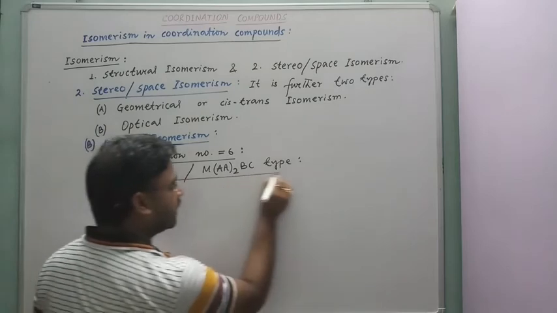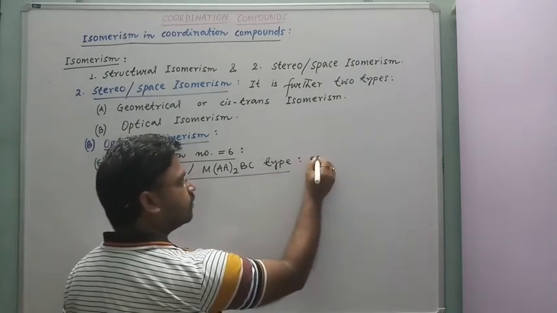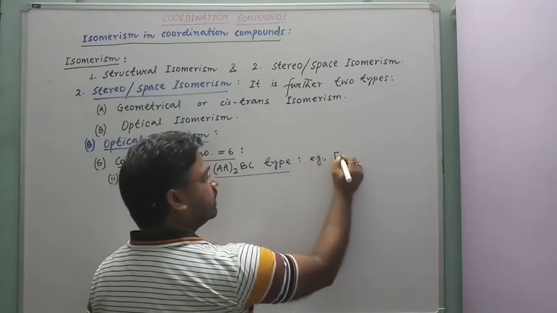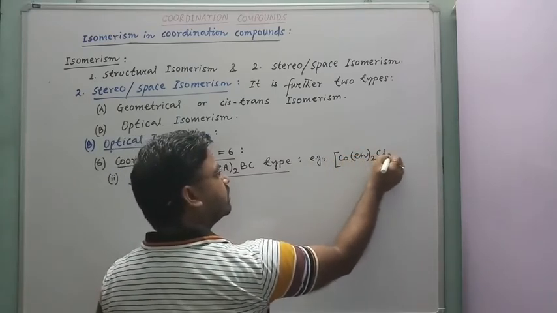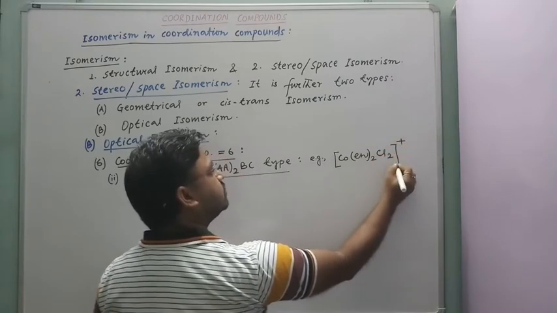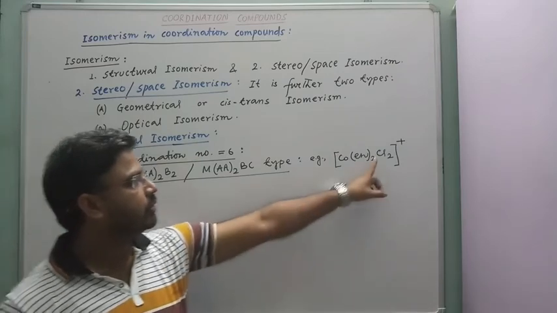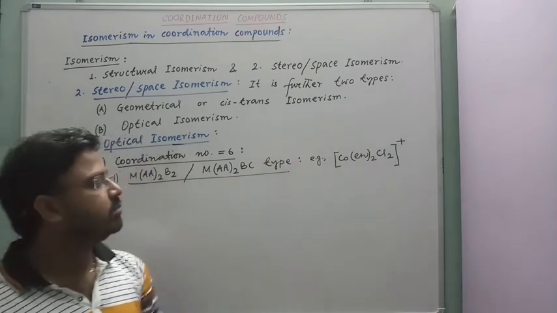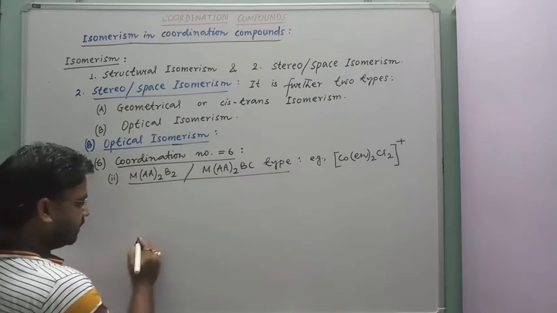MAA2B2 or MAA2BC type. For example, Co(en)2Cl2 positive. I can also write MAA2B2 and ClBr as BC type. So for this type,